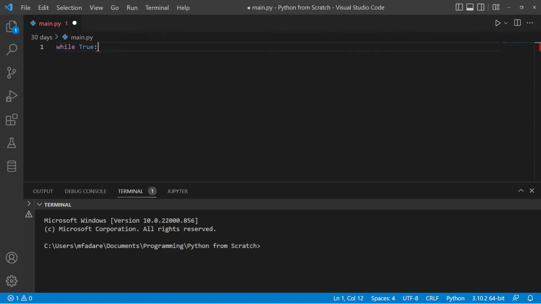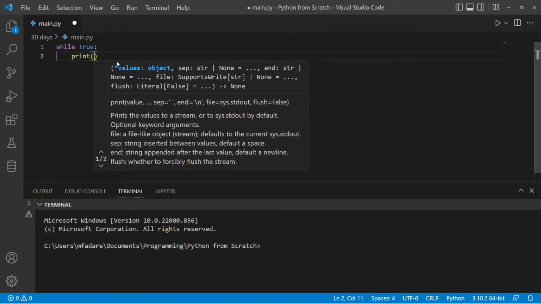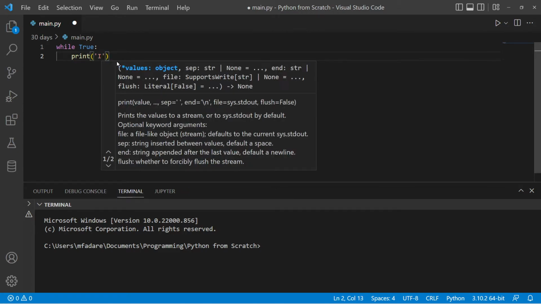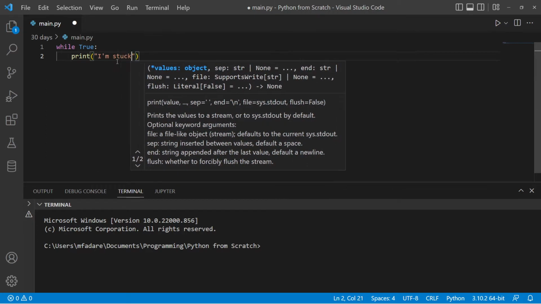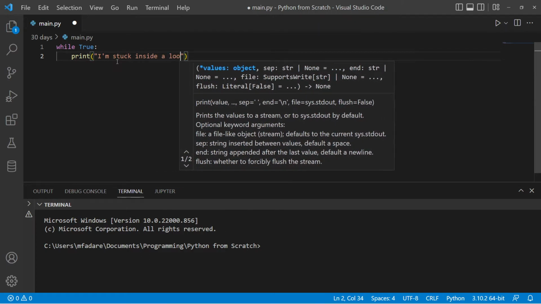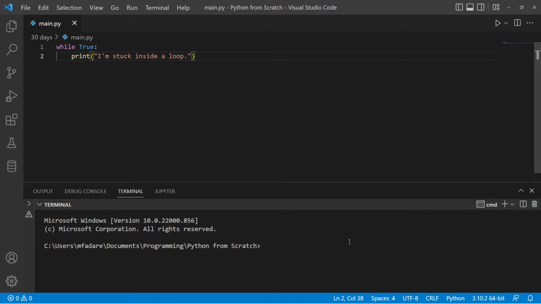Here we are saying while true. Remember this true. Let's assume that there had been a condition that we have run, and the condition has returned a true value. So while true, we want to print, let me use double quotes, "I'm stuck inside a loop." Okay, so if I run this particular code,